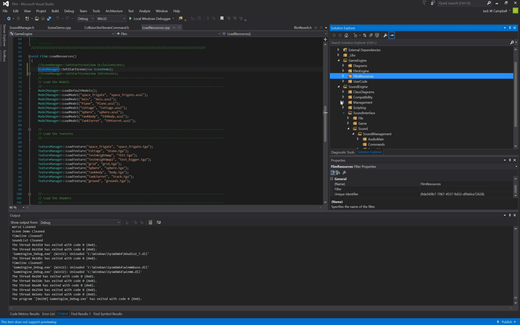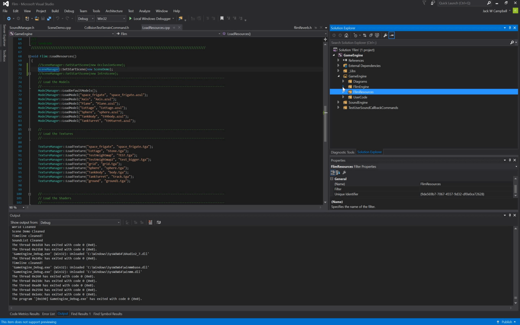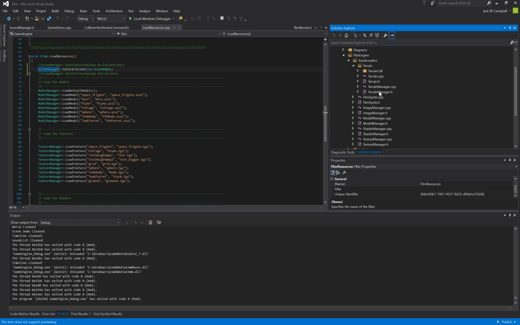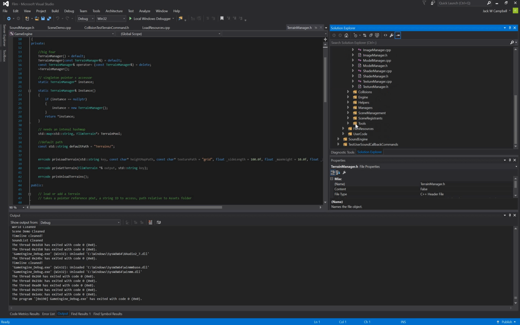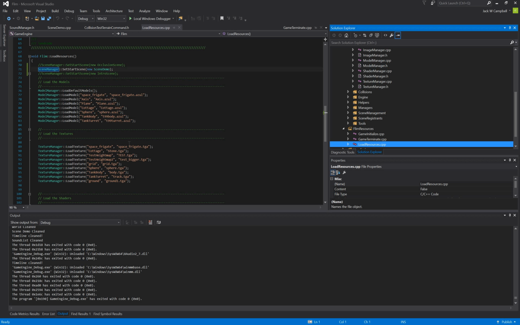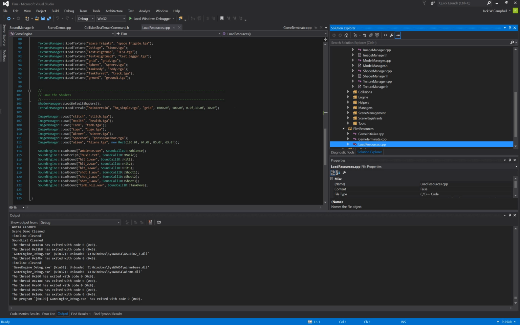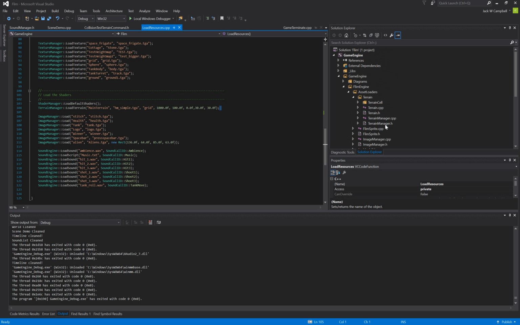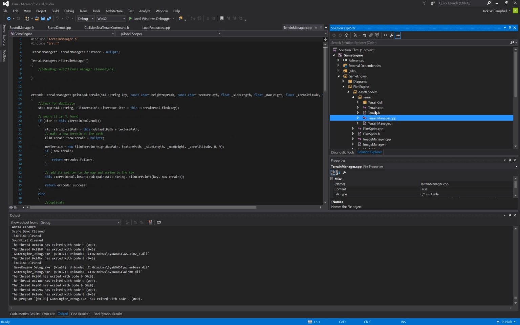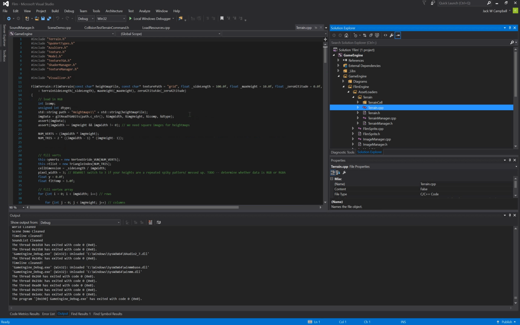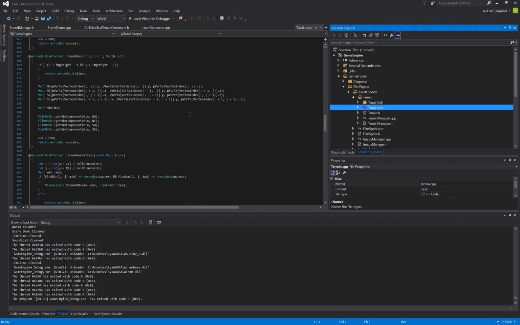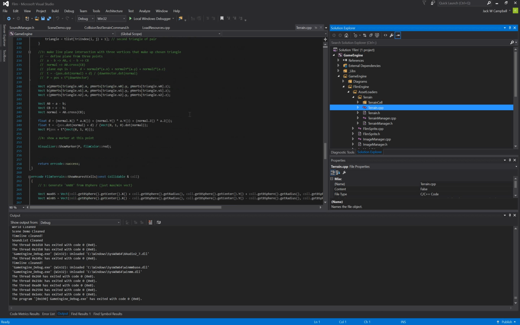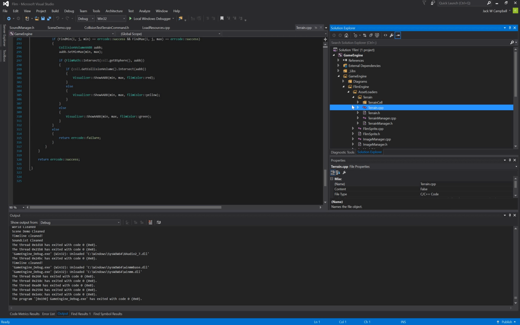Now it's obviously an actual engine system compared to last week. So there's the terrain manager now that loads the asset. That loading happens here in load resources. The terrain is loaded with these parameters, and then it's kind of just like another asset manager. And then the terrain itself is pretty much the same as before, except that the actual collision processing is happening via the iterator